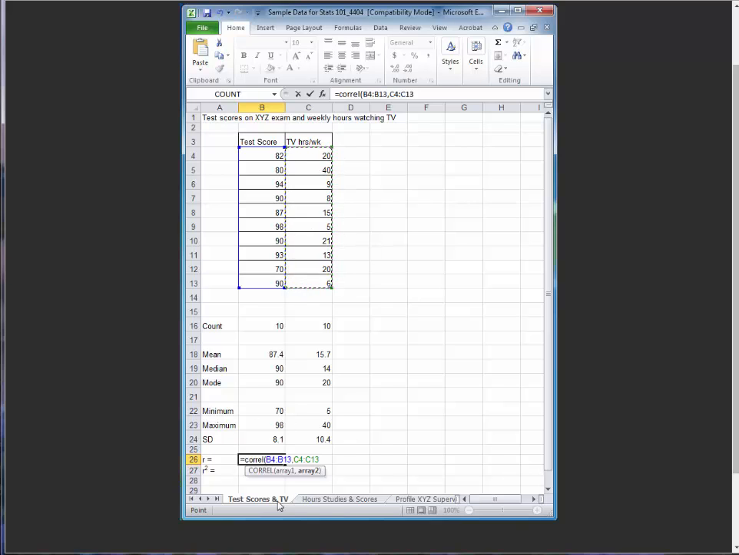Both sets of data are listed down here in our formula. We have B4 through B13, C4 through C13. So now we can type our closed parentheses and enter. And you'll see that our correlation coefficient, our R, is minus 0.6325287, which tells us that there is a strong, because it's 0.6, inverse relationship, because it's minus, between test scores